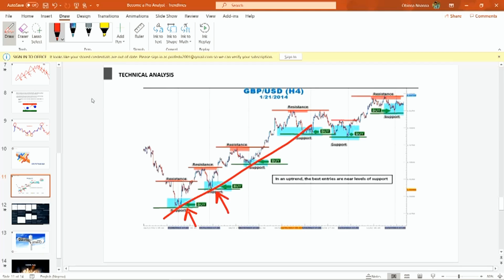So looking for opportunities to buy the market. Imagine if you had bought here, you'd have made a lot of pips. This would probably be around 200, 300 pips because it's the 4-hour chart. Same thing here. This might be around 350 pips, which you would have been able to trade successfully because you've